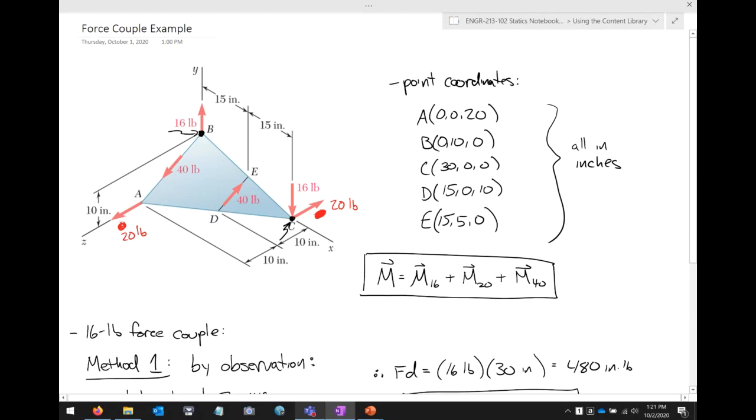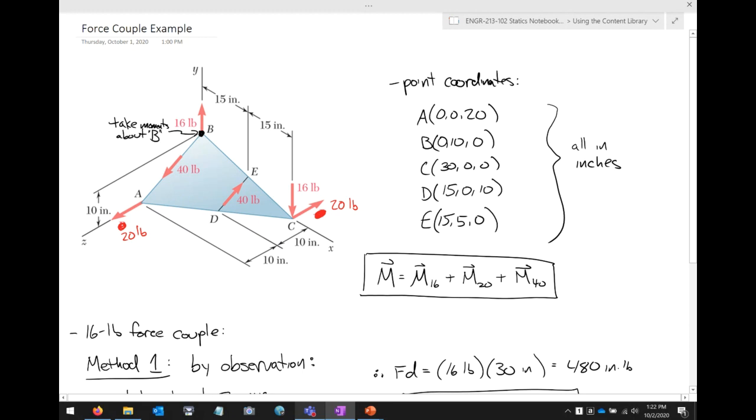Really, it could be any point along those vertical lines, but for ease of simplification, B or C is the easiest point to pick. To be clear, it doesn't matter which one you pick, but I'll go ahead and pick this one. So take moments about